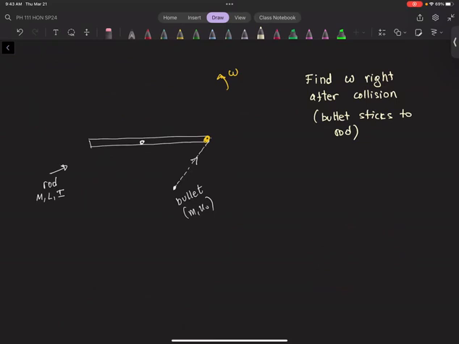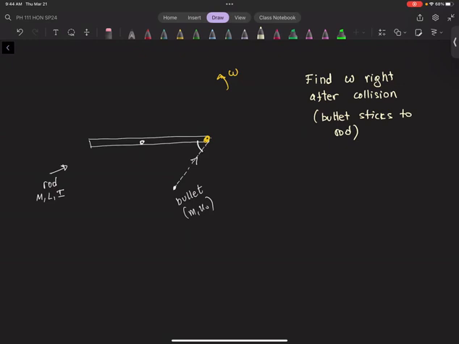Before we hit the more challenging parts of this, we need to do one example that also pertains to your homework. Not directly, but you'll see what I mean, and I will mention the relevancy of what we're going to find here. So the situation: you have a rod that can spin about its center. The rod has a mass, a length, and a moment of inertia, whatever, it doesn't matter. We know all that. And you have a bullet that hits the rod at this angle that you see. The angle is also given.